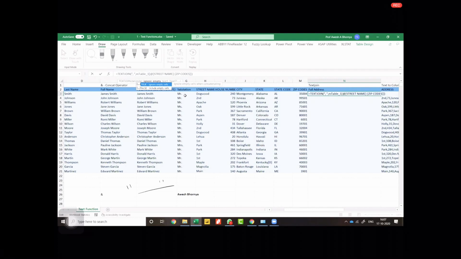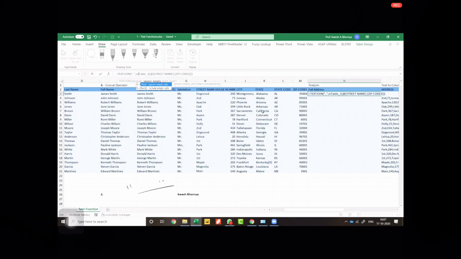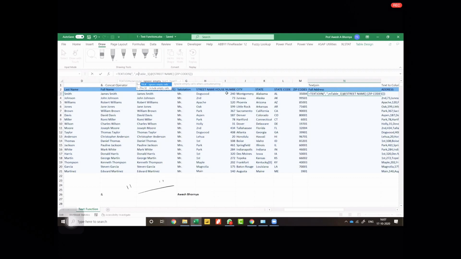If I ignore it, it will ignore those cells and just give you the total address without any extra spacing. If it is FALSE, it will include the empty cells, which means it will keep them as an extra space. So here I'll say ignore empty cells, and then put a comma and then the text.